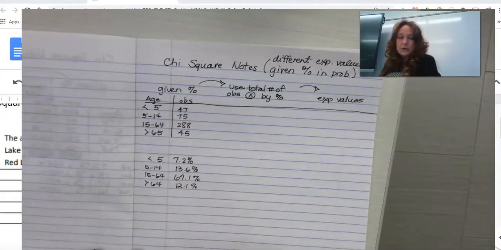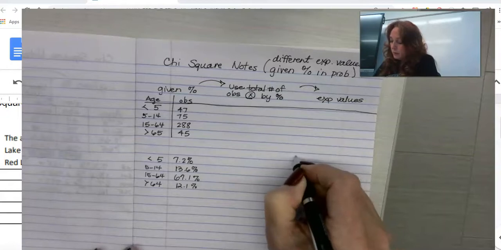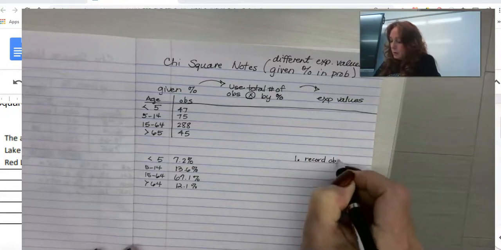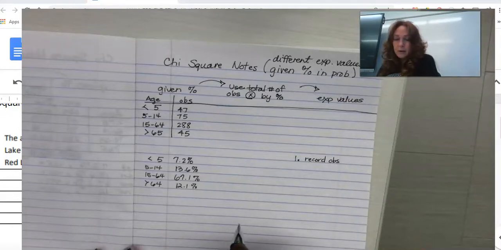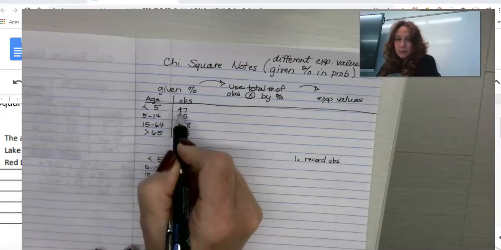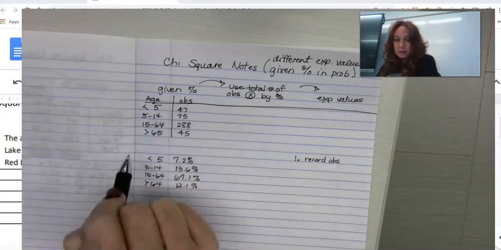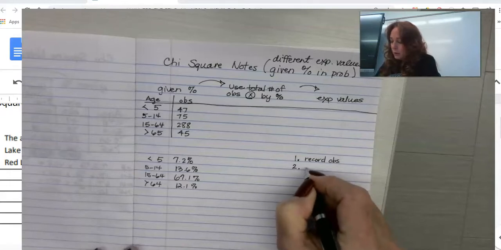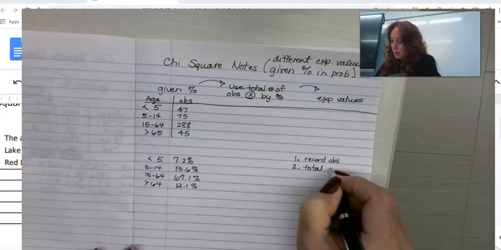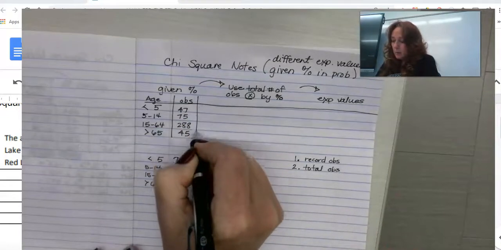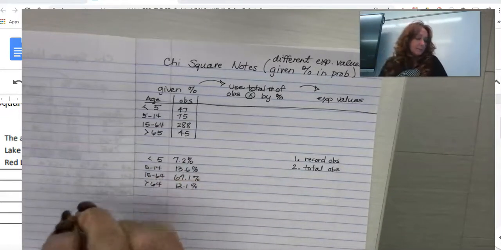Okay, so let's make a little list of things we're going to do. The first thing you're going to do is record your observed, because those are going to be an actual count. So you went out and you counted 47 little kids. So those are actual numbers. The second thing you want to do is get the total of the observed, so you know how big your sample is. So if you add all these up,